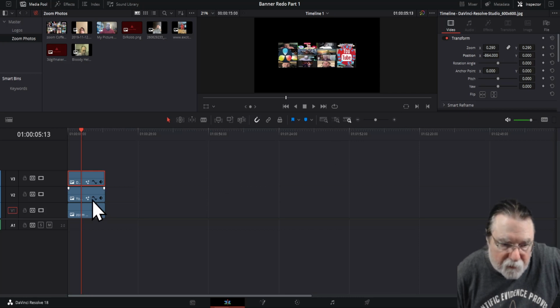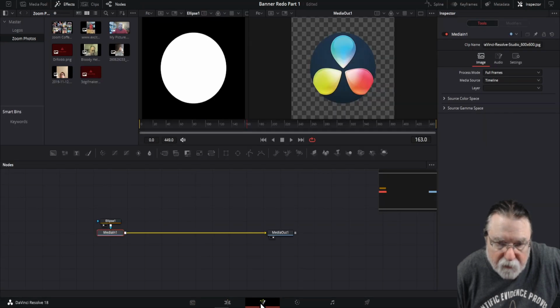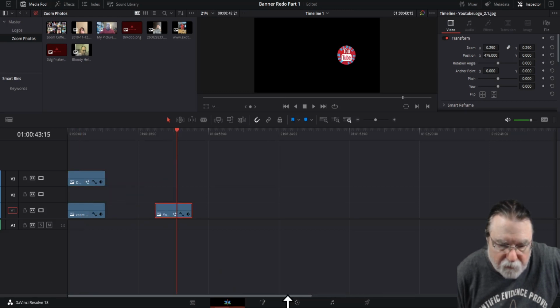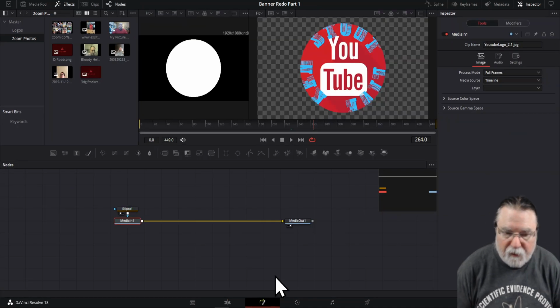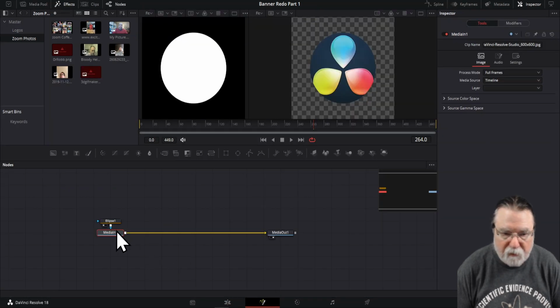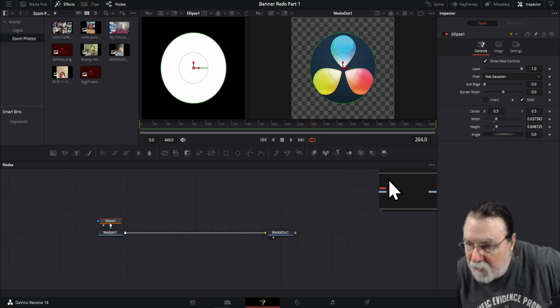And then I'm going to go into this one. I don't think I can go into here. Yeah, I can't because it's still catching the first one, which was this one. So I'm going to bring that over there. I wish there was a way to do that where I didn't have to do that. And then I'm going to actually do it this way. I want the numbers from here in the ellipse. I'm going to click on the ellipse and